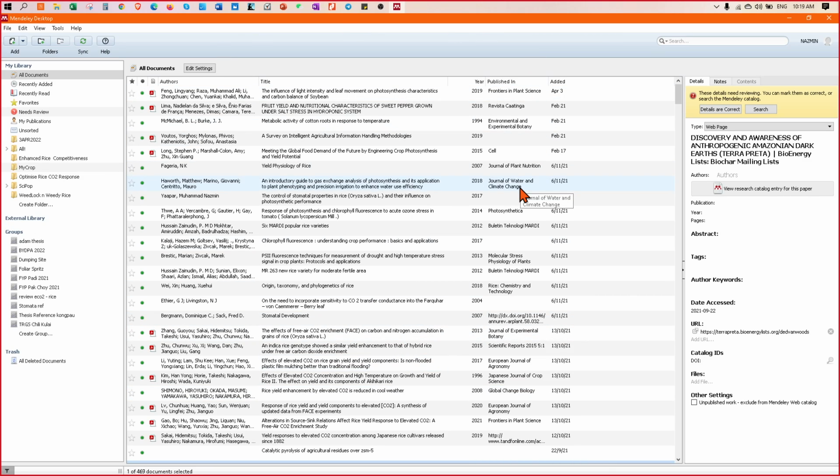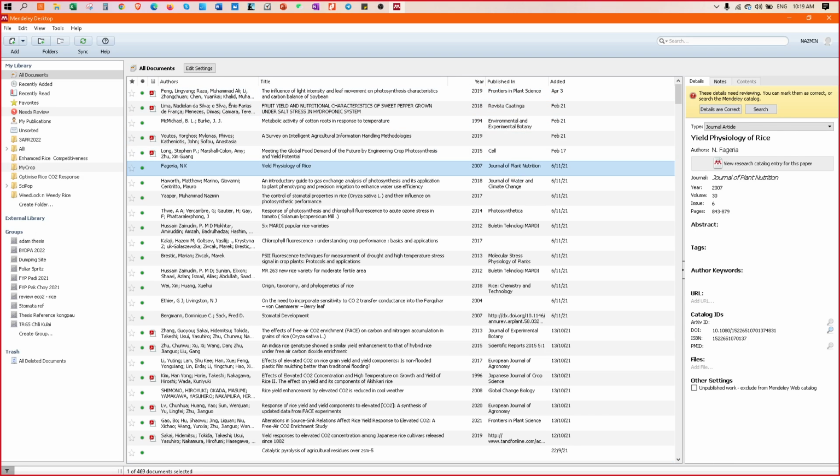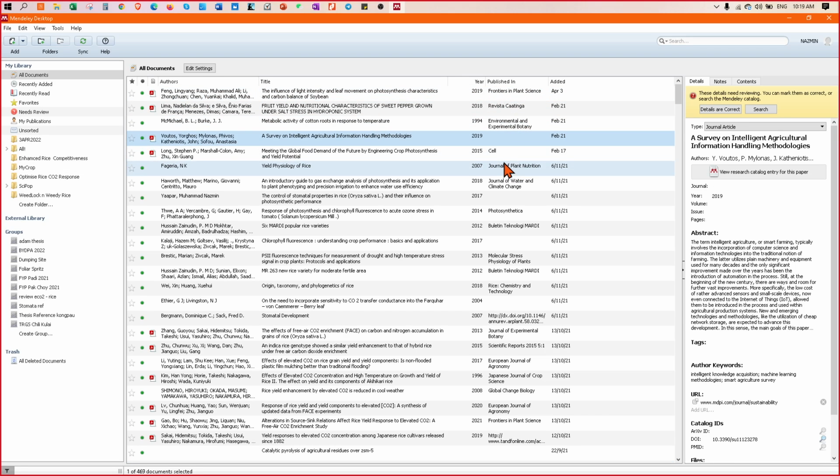Mendeley is just a software helping you to organize your references. It is not a software to check that your referencing is correct. This is not your checker. This is your organizer, just a piece of software to help you get organized. So you need to check.